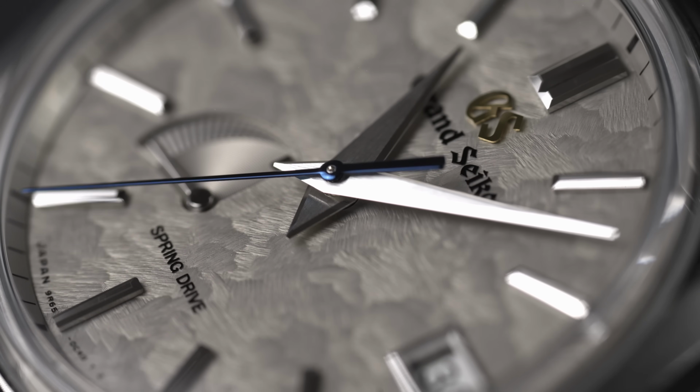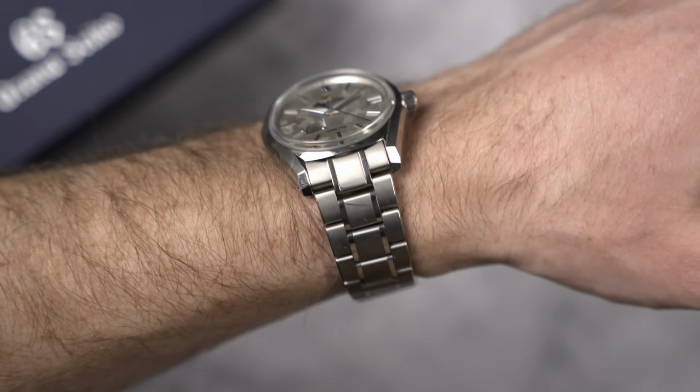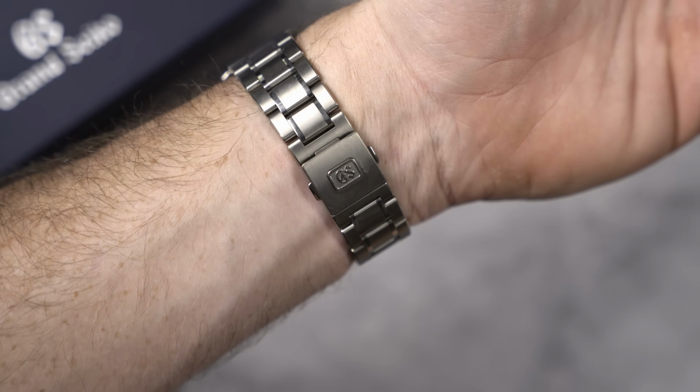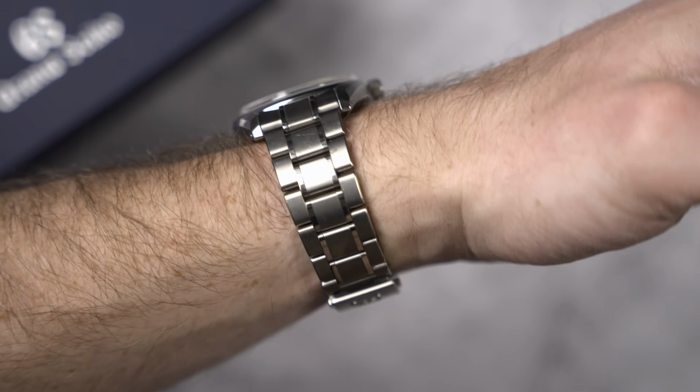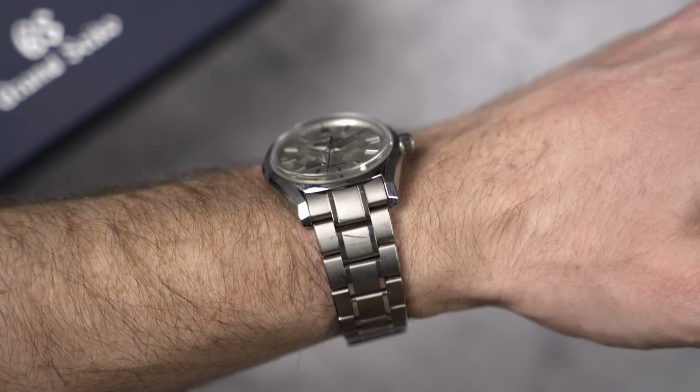It just looks outdated. It's a pin and collar system versus screws. It doesn't need to be pin and collars for titanium. The Pelagos figured it out. You can figure it out. It should have an adjustment in the clasp, not just this typical deployant where I can't do any micro adjustments. There are things I think, for $6,300 for this watch, that I would definitely change